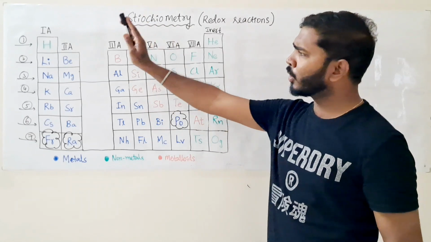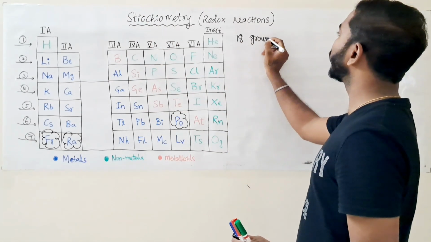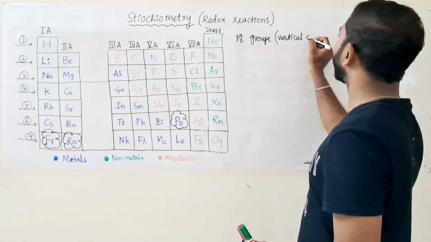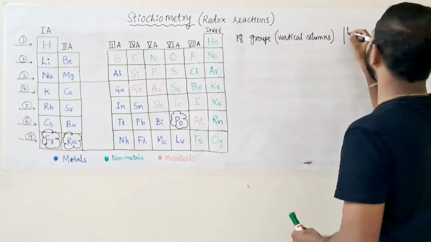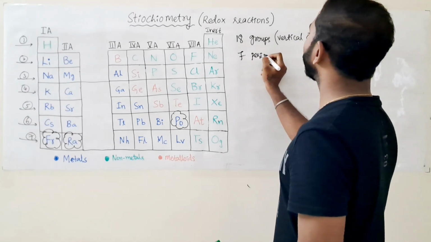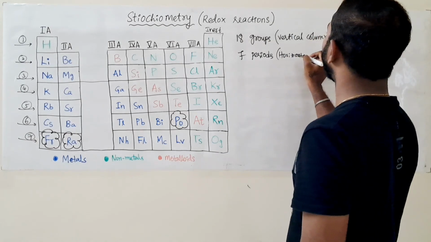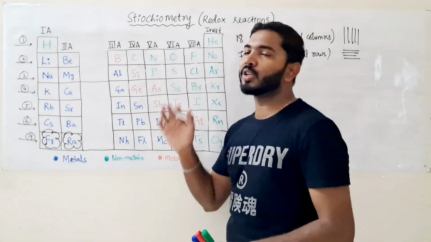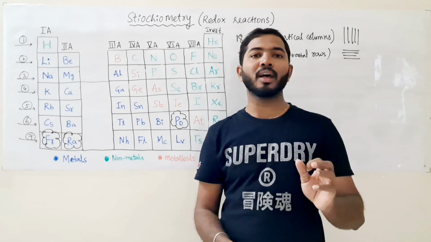The general periodic table has 18 groups. We generally show them as vertical columns, and these vertical columns are called groups. And then we have 7 periods, which are generally shown as horizontal rows. Okay, so 18 groups are there, 7 periods are there, and now those 18 groups are denoted or defined